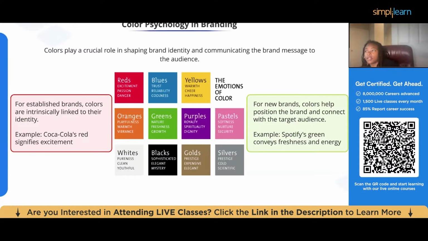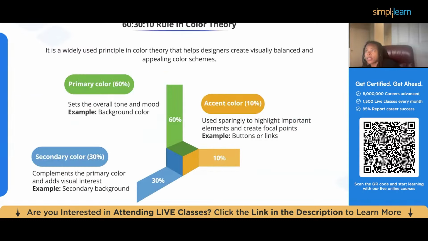And then on the right side, you'll see that for new brands, colors help position the brand and connect with the target audience. For example, Spotify's green conveys freshness and energy. And then